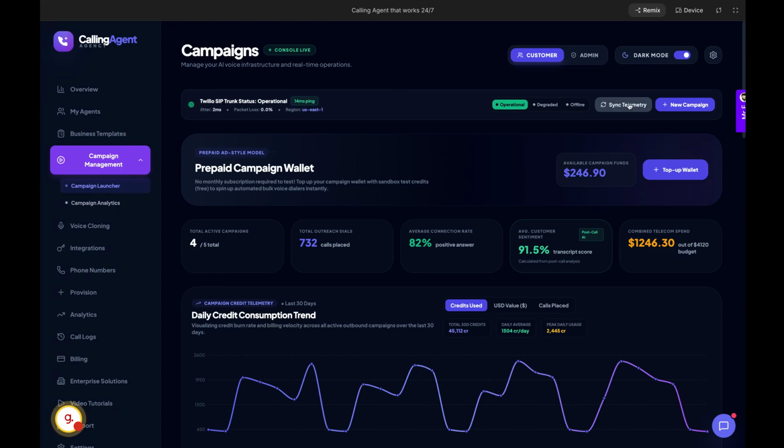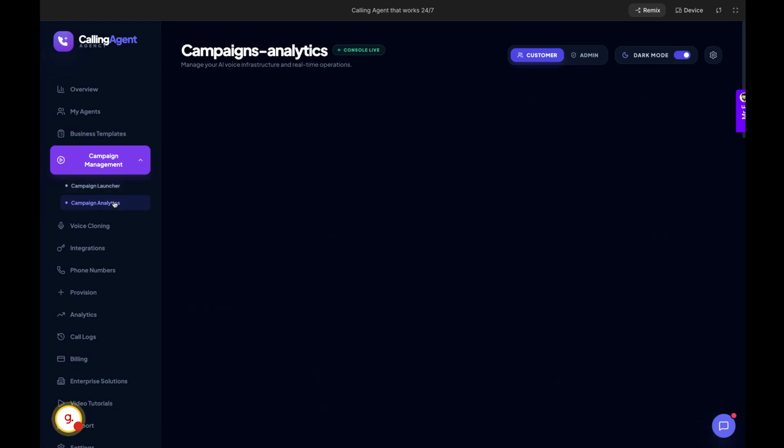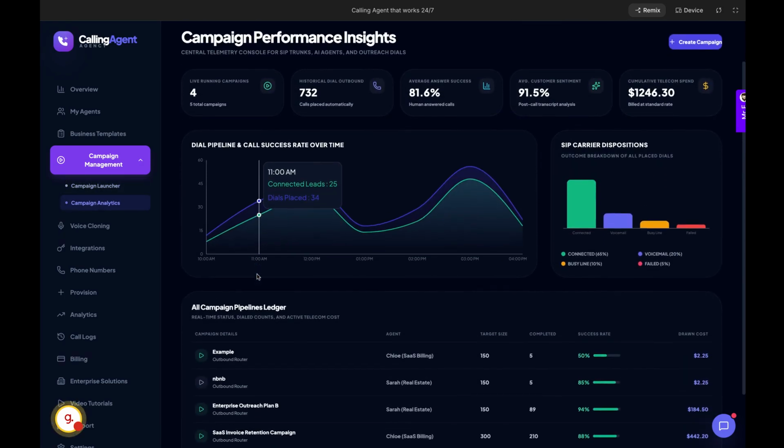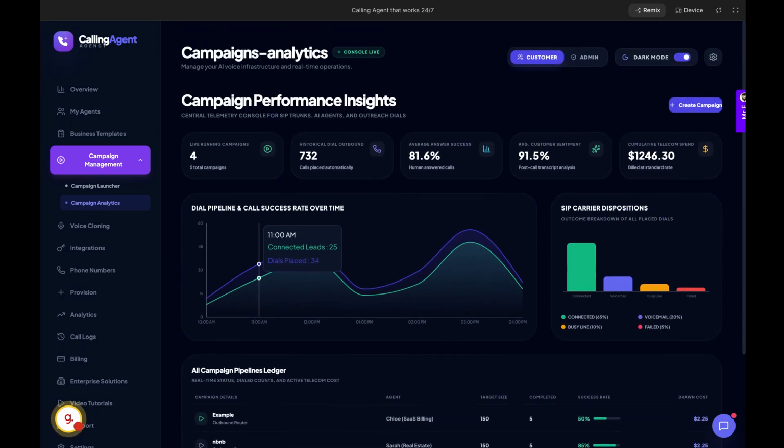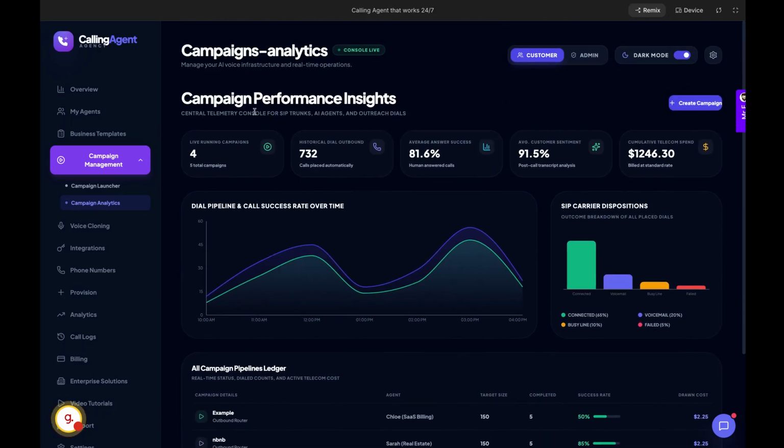If we go to the campaign analytics, you can analyze all kinds of things. First of all, let's go with the campaign performance insights. We are running 4 campaigns, so it shows only 4 campaigns in active mode. Here is the historical dial outbound. You see it is 732 outbound calls, and the average answer success is 81.6